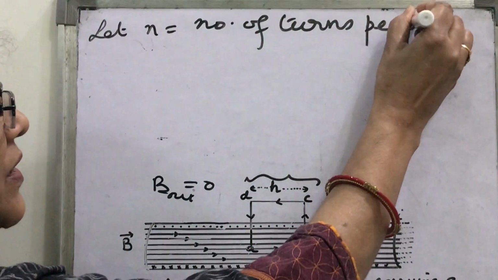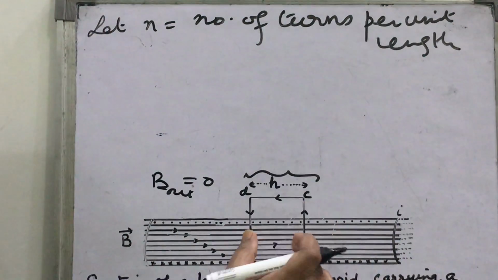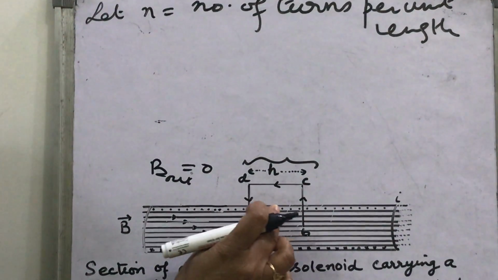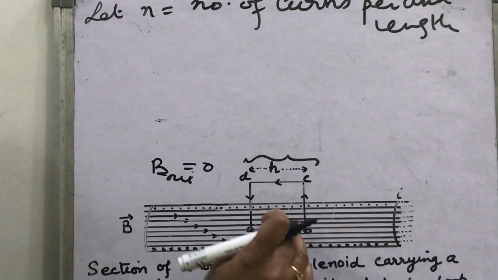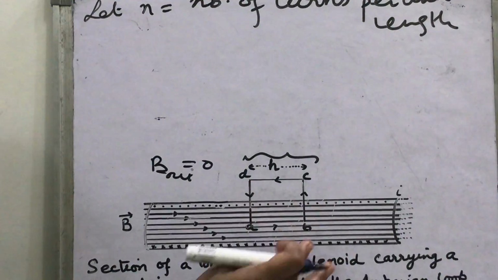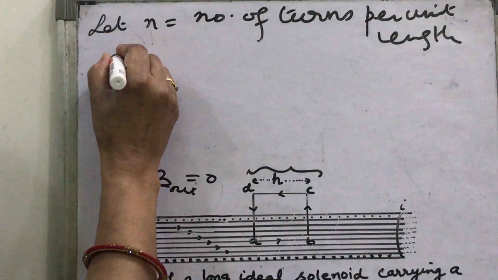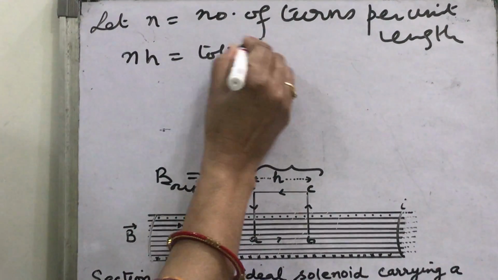If this is the length h and these are the turns, dot means the current is perpendicular upward and cross means the current is downward. Since the number of turns is n per unit length, nh will be the total number of turns